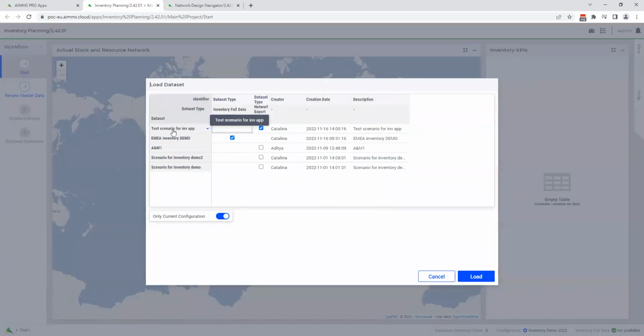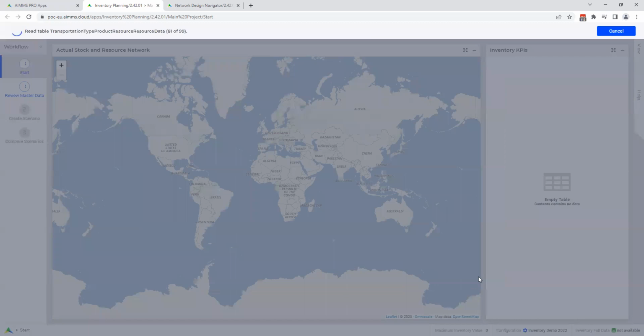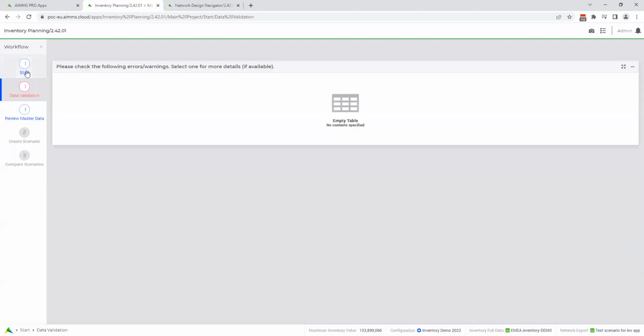And here we already see that the test scenario for inventory app that we had saved from network design is already there. So I have inventory full data. That's the data that we have previously uploaded into our data navigator specifically for the inventory part. And then I'm going to use the network export from the test scenario inventory app. So once I load both of them, it's going to be able to show me the map of what I had seen previously in the